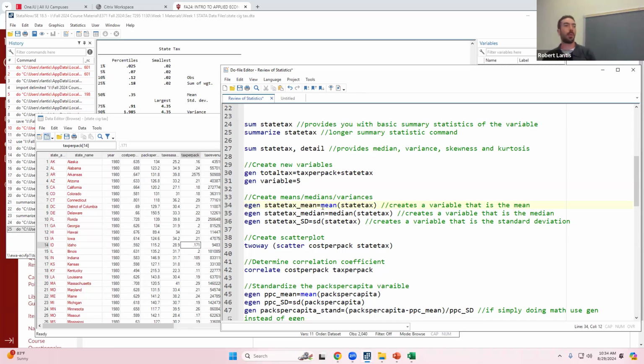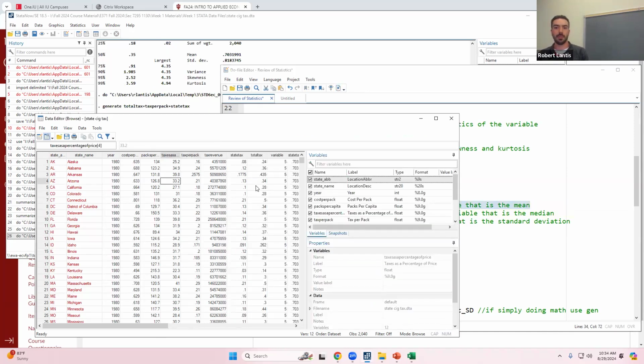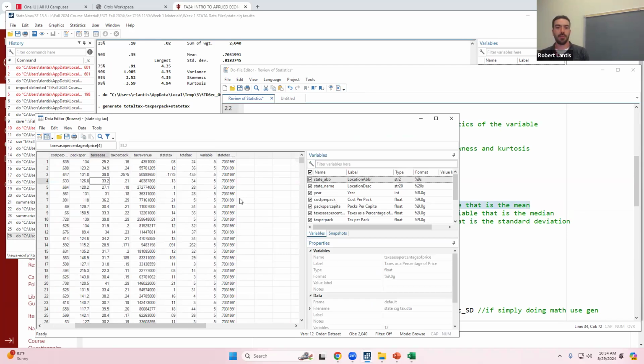So it now knows, okay, I can pull from this group of functions, and if you just tell me mean, I know what function to do. If you tell me mean, I know that I need to go to this data set, add up every single observation's value for that variable, and then divide by the total number of observations, right? So here I put egen, I want to create this new variable, the state tax mean, and I just want to take the mean of the state tax variable. If I do it that way, I now have the mean, and it's the same for every observation, so it just puts in that same value.